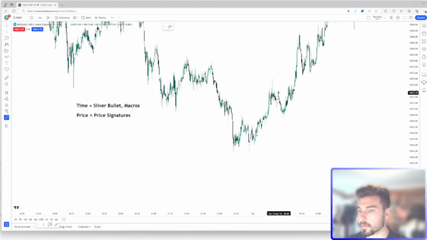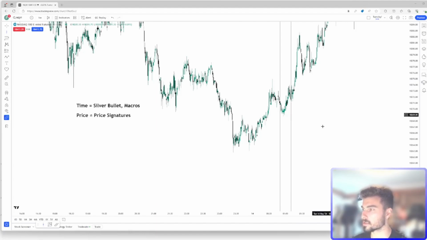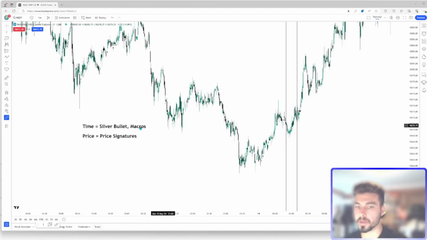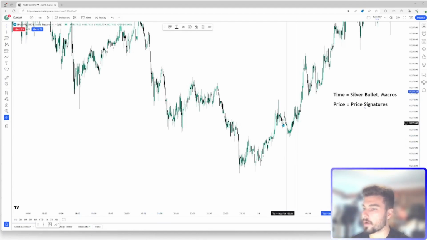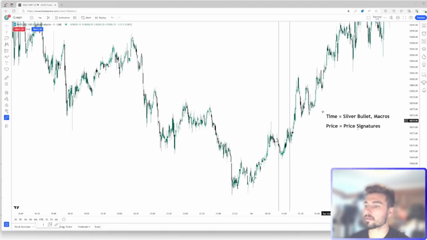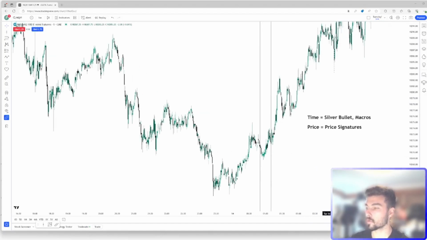So what I'm going to do, I'm going to mark out this macro, and this is from 12:50 to 1:10. Now, for a lot of people, this is before the London Open session. London Open session is obviously 2 o'clock to 5 o'clock in the morning, but we're going to merge time with a macro and price to phrase an extremely high probability trade right here. And then we're also going to do the same thing to phrase a high probability trade during this macro and also during the London Open session. So let's get into this first idea.